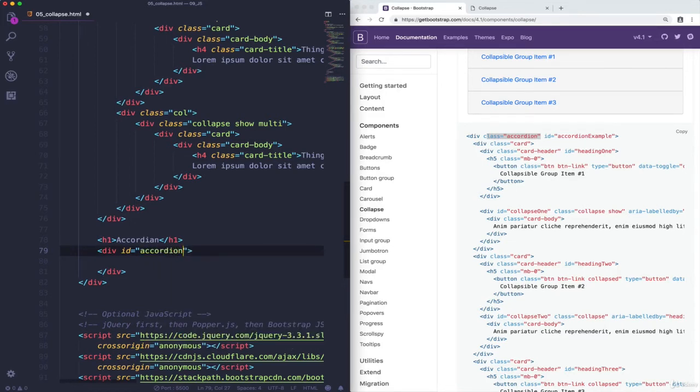Wait, is it A or O? Oh dear, it is an O. Okay, accordion parent, or container maybe. How about container? Okay,